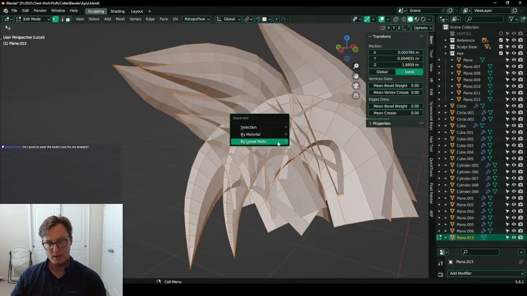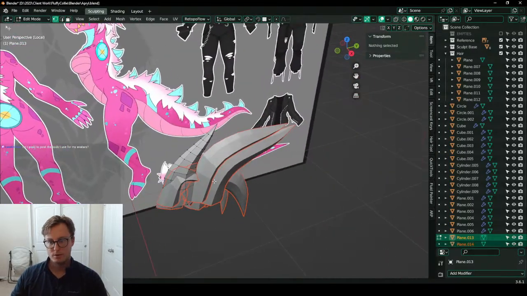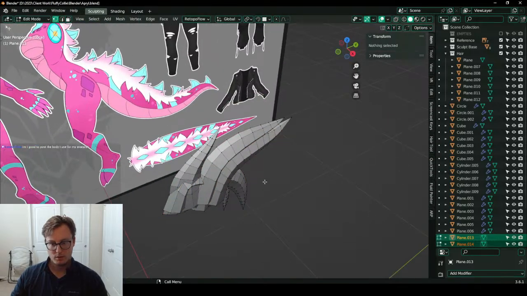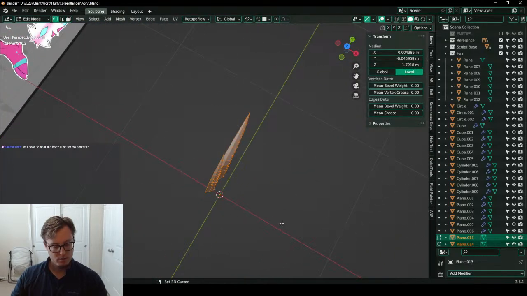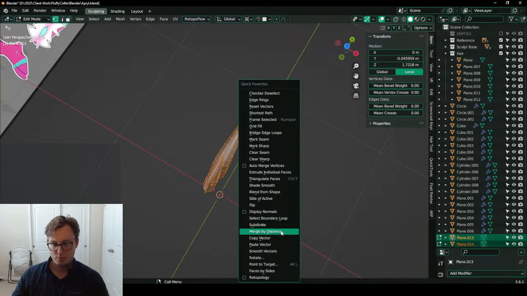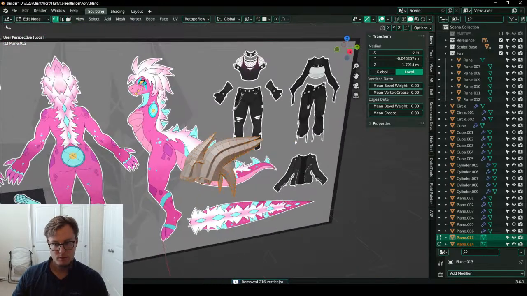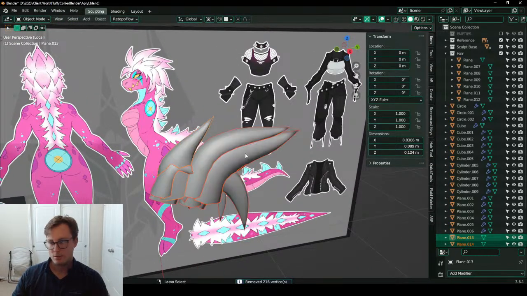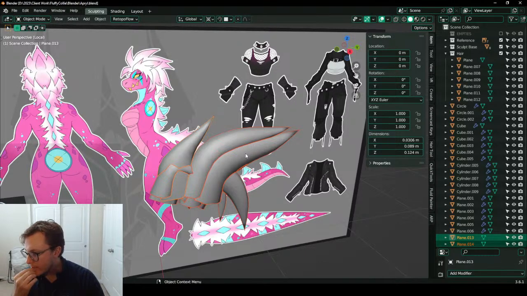Now we can separate them by loose parts. Select them. Duplicate SX-1. Oh, 6 enabled. And then merge by distance. Shade smooth. There we go. Da-da-da. Also very well made, cartoonish.